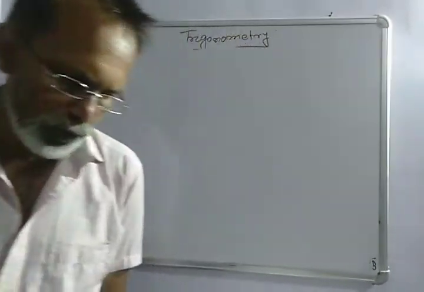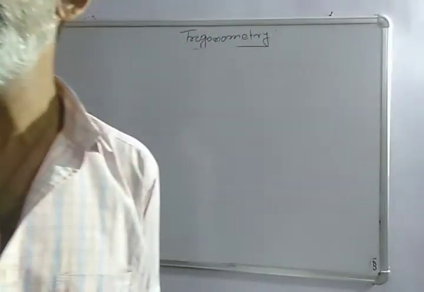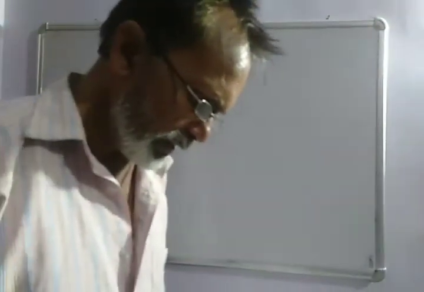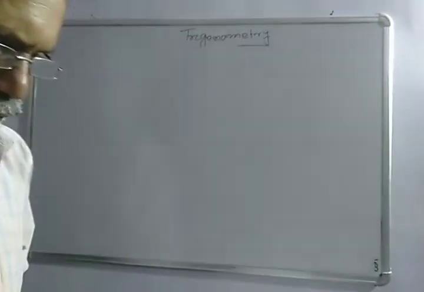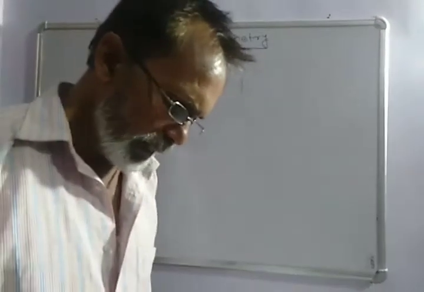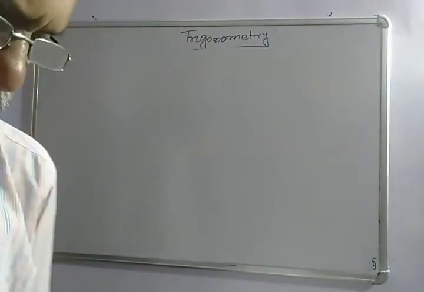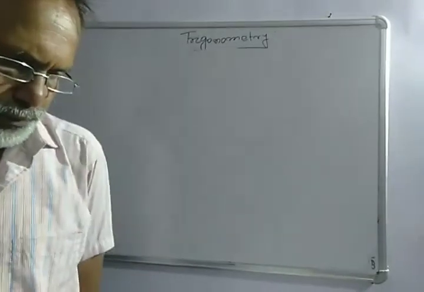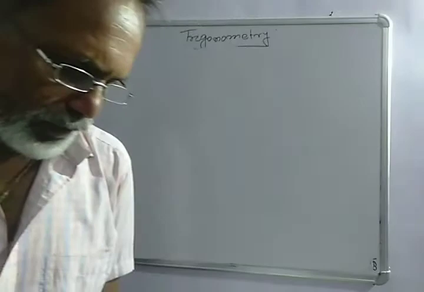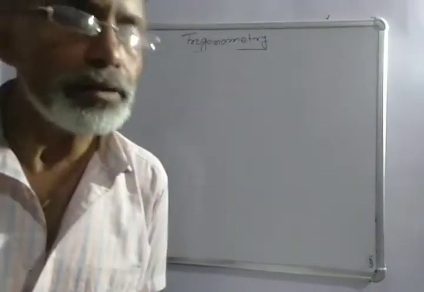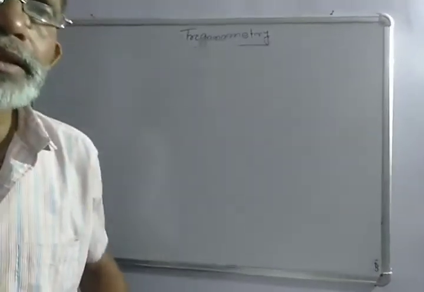Each trigonometric ratio is a real number and has no unit. Always remember, each trigonometric ratio is a real number and has no unit. As the hypotenuse is the longest side in a right angle triangle, the value of sin A and cos A is always less than 1, whereas the value of sec A and cosec A is always greater than 1.